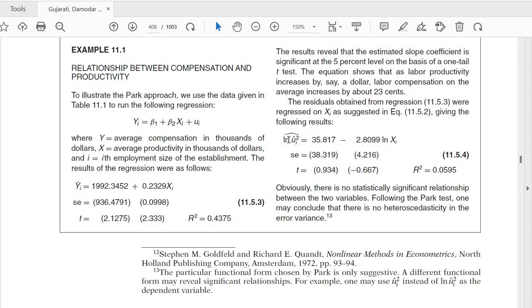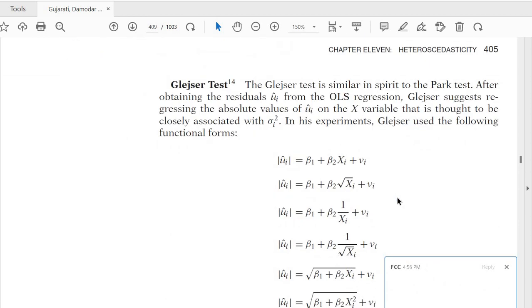ठीक है, उसके बाद ये पार्क टेस्ट किया हुआ है, उसी तरह से ये मॉडल को रिप्लेस किया हुआ है। ये देखो, ये लॉग ऑफ यू हैट स्क्वायर्ड का मॉडल किया हुआ है, ये बीटा कोफिशिएंट है, ये इसकी स्टैंडर्ड एरर है, और ये इसकी टी वैल्यू है। टी वैल्यू जो है वो लेस देन 2 है, इसका मतलब है एच नॉट आप रिजेक्ट कर दो। रिजेक्ट करने का मतलब है एच नॉट क्या था कि ये जीरो है, तो जीरो नहीं है, इसका मतलब है हेट्रोस्कैडेस्टिसिटी एग्जिस्ट करती है।